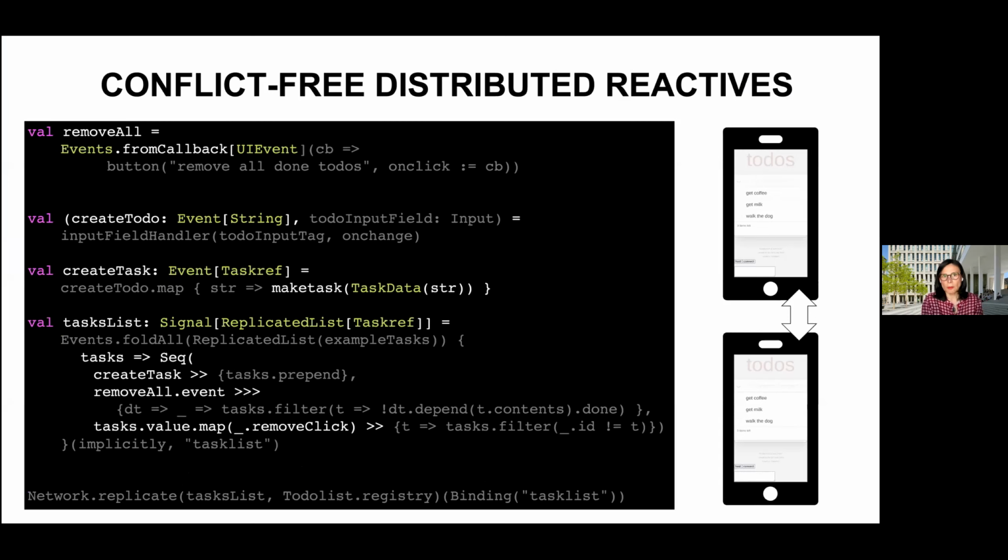With this, let's go back to REScala, so to say, to the application design in REScala. Now let's have a look at the same application, but supporting several decentralized devices collaborating with each other. And the program is the same as before. The only difference is that we have things like replicated lists. So we have these replicated data types that I just mentioned that are